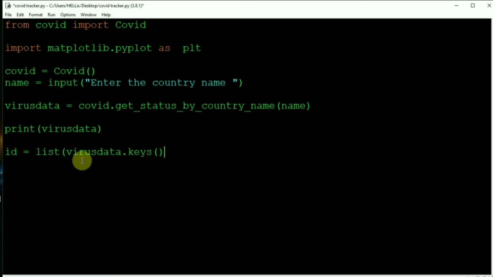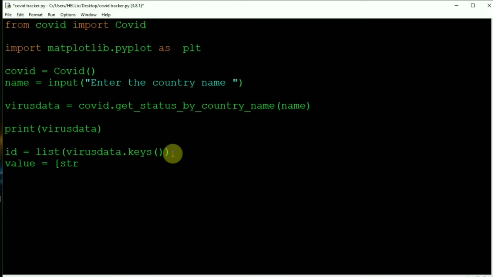This is going to give me my list of keys, means the topics like ID, active cases, confirmed cases, recovered, all these things. Next is the values, numbers. So I'll write value equal to, I'll convert the numbers into strings as well using list comprehension.